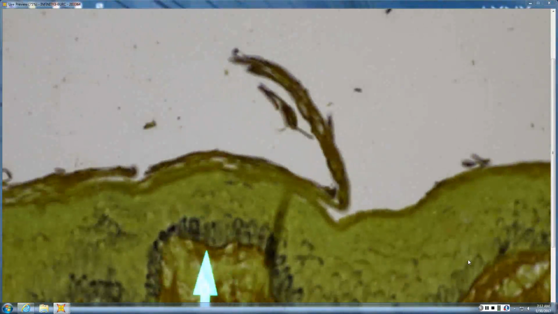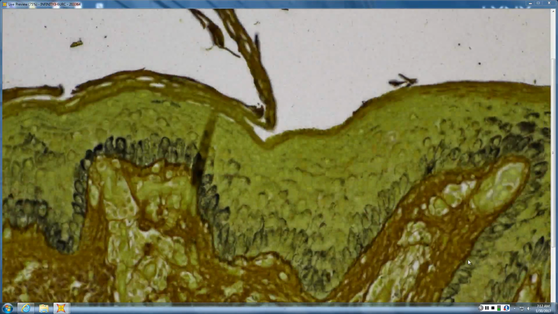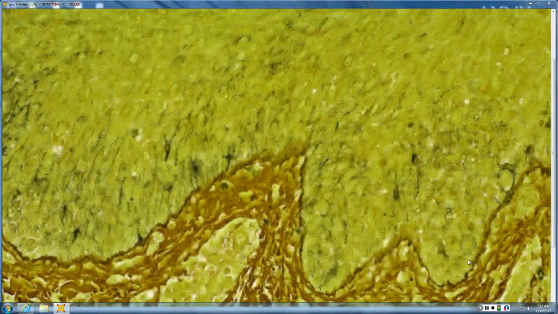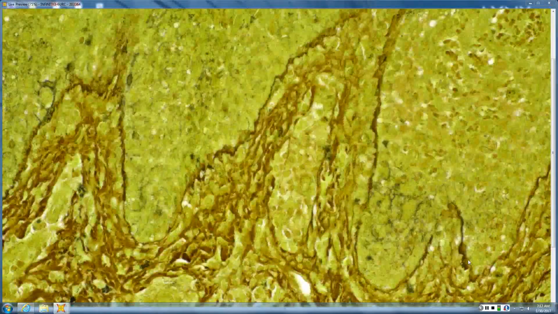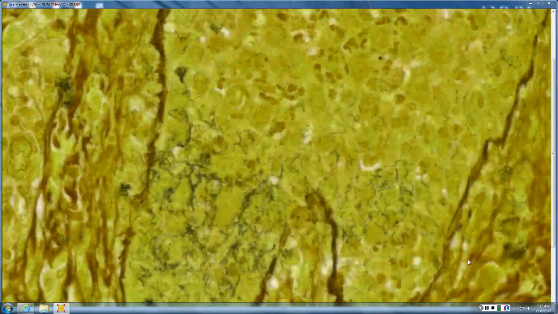So over here, for example, all this dark stuff is probably melanin, and then in there you might see some dendritic processes. So those aren't spirochetes. That's not positive. That's just background noise that you have to kind of not think of. The true spirochetes are almost like this gray, vague appearance. These are probably more actual spirochetes. Yeah, so these are actual spirochetes,